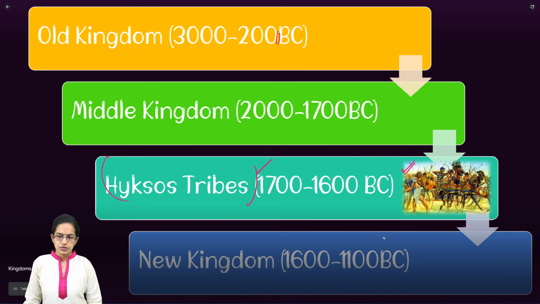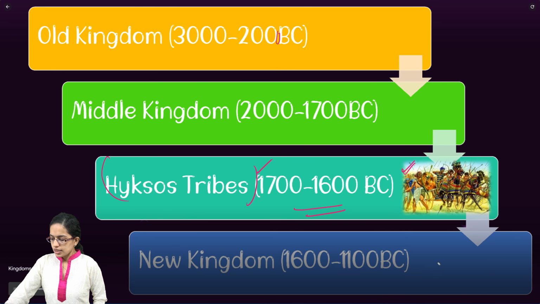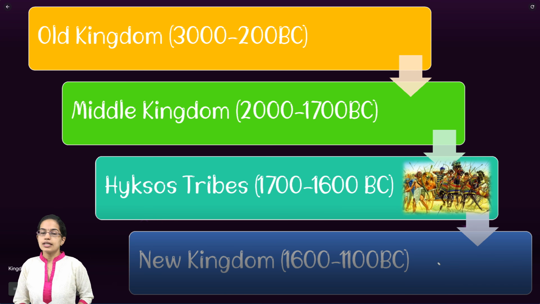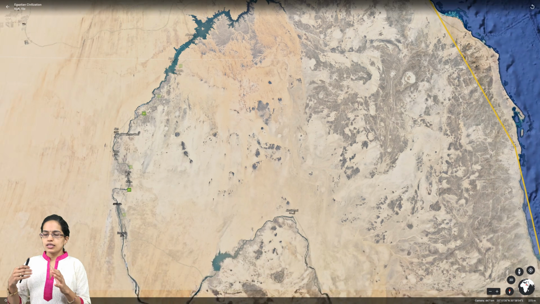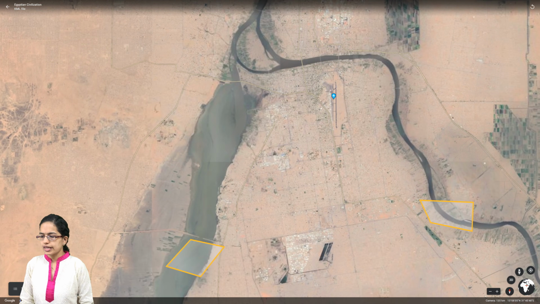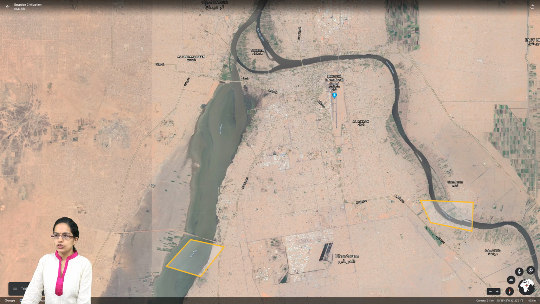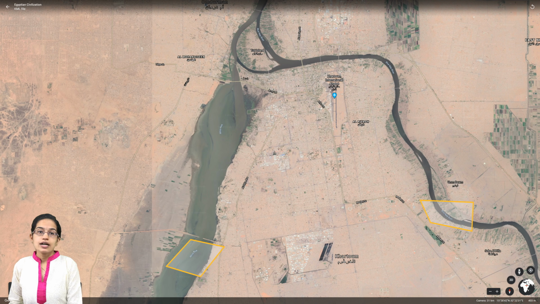These were tribes that existed for nearly 100 years, and significant developments were seen during this tribal regime. The next important thing to understand is how things changed with the advent of settlements along the Nile River. Two important tributaries of the Nile were the White Nile and the Blue Nile, and together they join to form the main river Nile, on which you have the Aswan Dam as of now. Again, a very important strategic location.